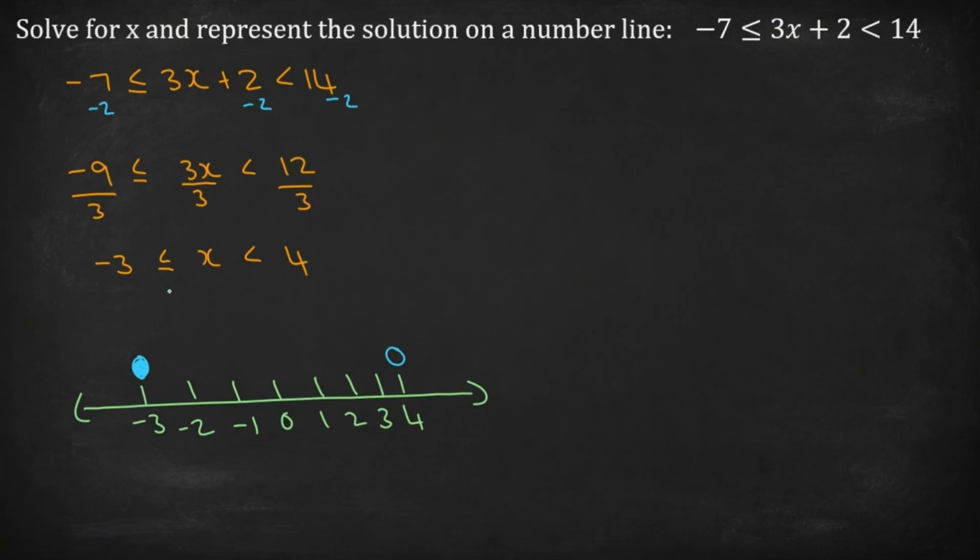Now that that is done, let's draw the line. X is bigger than this negative 3 because the crocodile's mouth is facing the x. So it's facing the bigger value. But x is less than, it is smaller than 4. So when we draw the line on the number line, we will show that x is bigger than negative 3, but it must be smaller than 4. So we end the line at that circle. And that is your final answer. You've got the inequality and you have represented it on a number line.